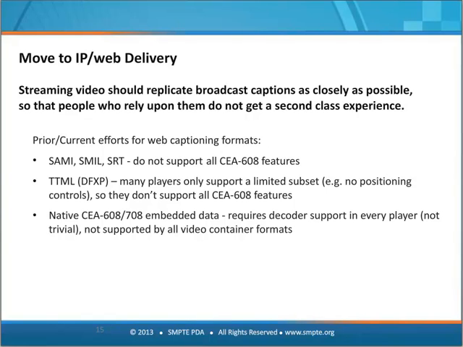And finally, what some people have decided to do is to actually make their IP-based player support native 608 or 708 broadcast closed captioning data. And that makes it very convenient in that you don't have to worry about whether you're supporting the whole specification or not. But this is really not a trivial task. 608 and 708 are pretty tricky to implement. It's not even a free spec. You have to license the spec. So there's a lot of web developers that just don't want to get into this. They're not experts at broadcast engineering. They don't want to have to implement 608, 708.